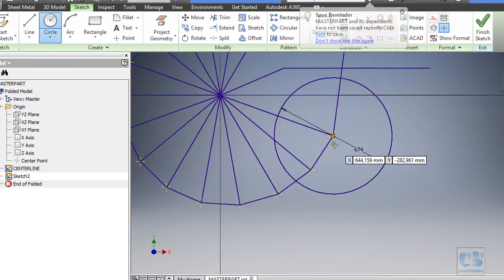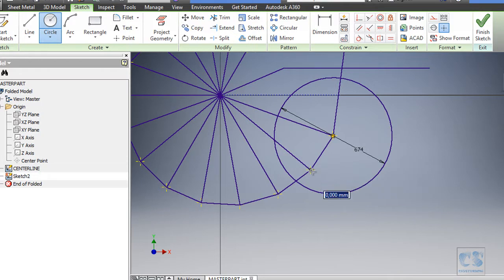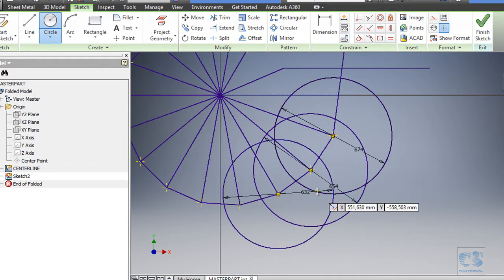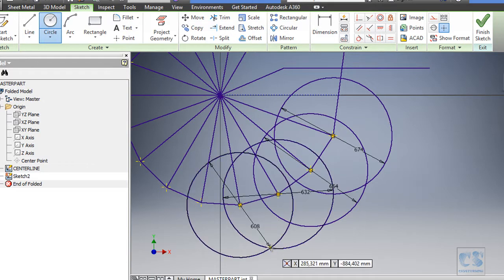So we have the first circle created, then the second we should have 327 multiplied by 2 again, and then for the third one should be 316 multiplied by 2, then this should be 304 multiplied by 2,